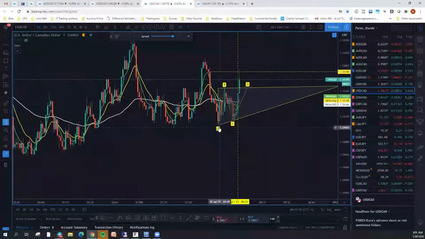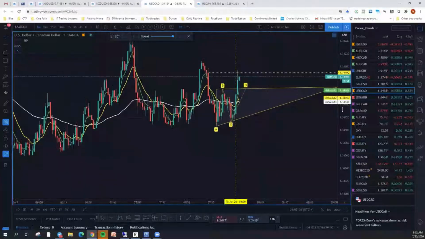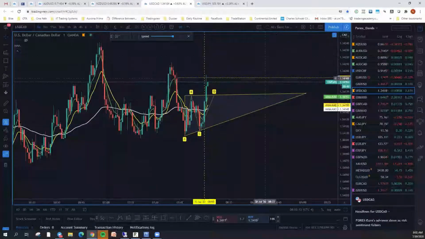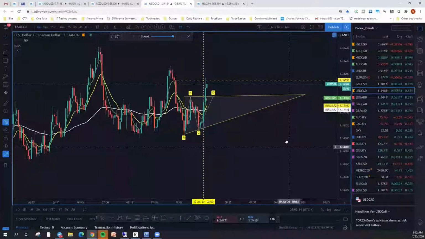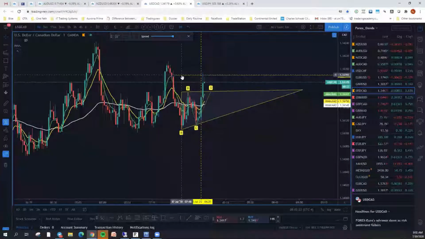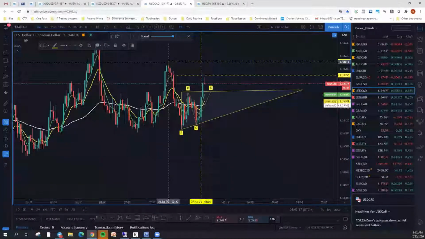It was ascending, so I started my A up here, came up to the pivot before this little drop. And right now I've got it right at the top of the wedge. And this was my target right here where it is right now at the moment. That's the first target I see. But anyway, we may not be able to get into this one, but we'll just have to wait and see what it does. The next target zone I would be looking for is if we can get through all this little area up here. I'd be looking at this peak right here.